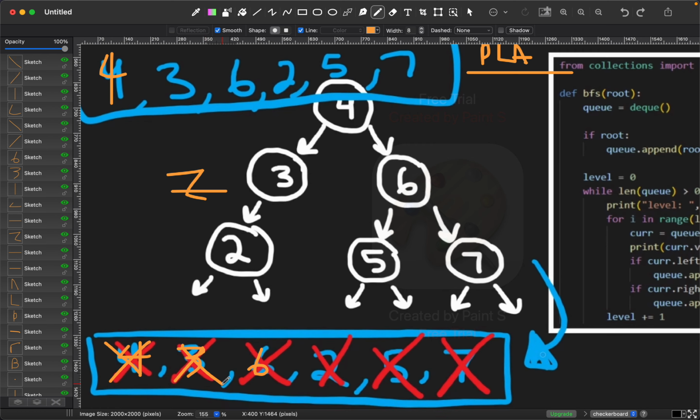Pop the first value, print the value, and before we go on, pop this, add its children, pop the 3, print the 3,